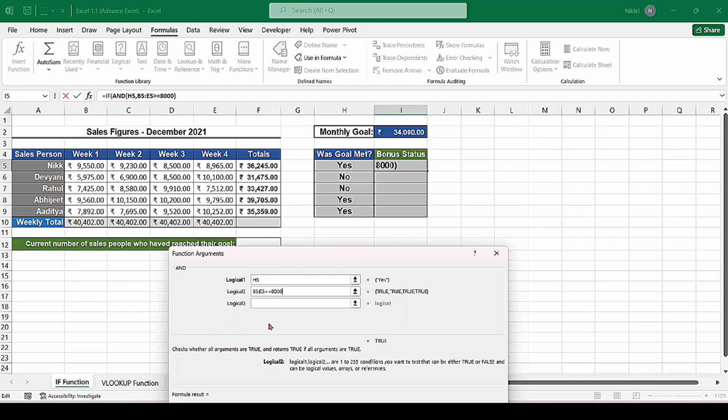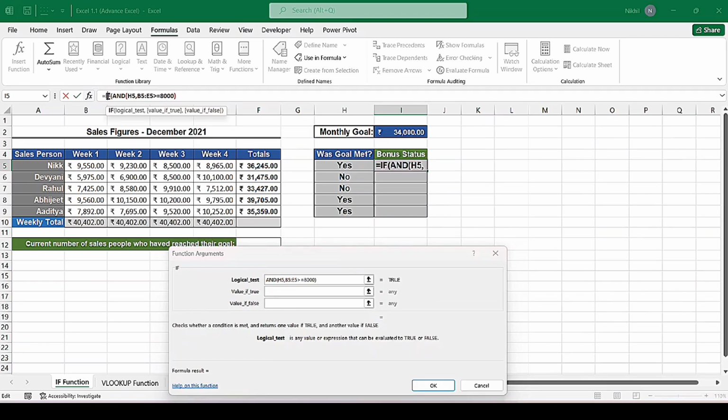After completing the AND function, click IF in the formula bar over here like this. It will redirect us to the IF function window. See, the complete AND function formula is there in the logical test. If both conditions are fulfilled by the salesperson, the company will give them a bonus. So write bonus as a statement in the value if true argument over here. Bonus.